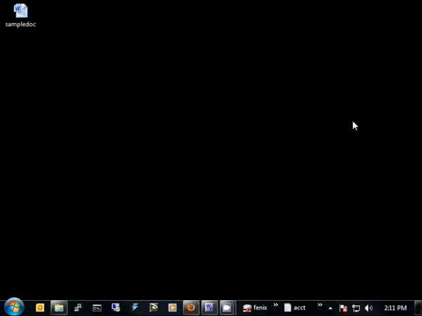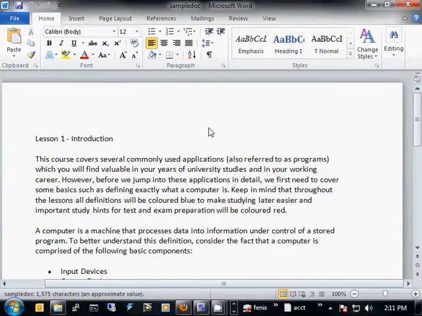In this demonstration, we're going to cover the different levels of formatting that we covered in our first Microsoft Word lesson, and those are character formatting, paragraph formatting, page formatting, and section formatting. We're just going to cover the first three, and we'll leave section formatting to a future demonstration. So let's open up a sample document that I've created, and this just has text in it from one of